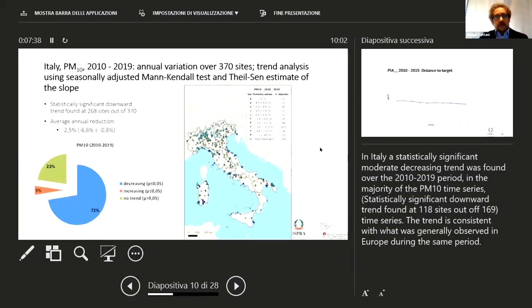So we carried out trend analysis. We used the seasonally adjusted Mann-Kendall test and the Theil-Sen estimate of the slope, which is a way to assess the trend quantitatively. Using this kind of test, we can state if there is a trend and its statistical significance. We have found, during the last 10 years, a statistically significant downward trend at the large